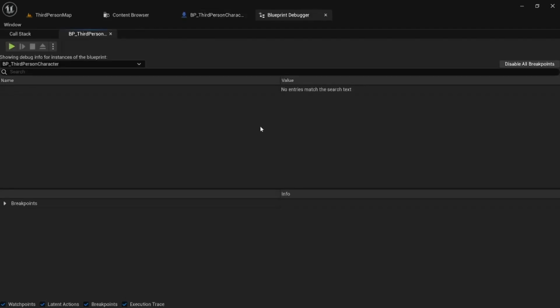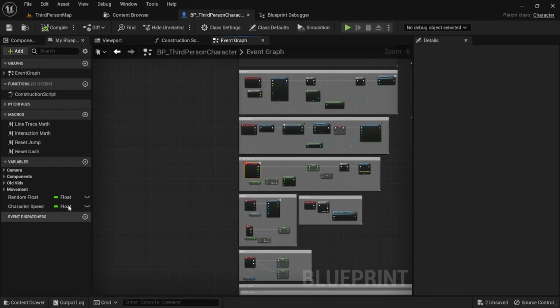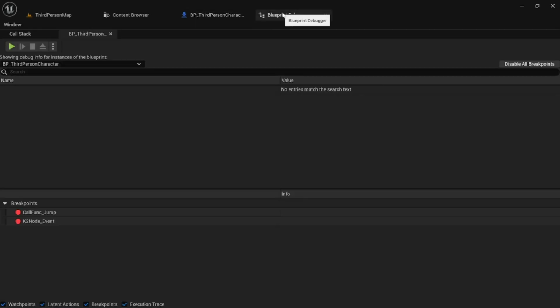So this is basically just a nice little menu that helps you see what's going on in your character. Right here we have our breakpoints. If we go here, it'll also just keep track of every single list of breakpoints we have. I went ahead and put one on the jump, and what is this? Oh, this is the event any damage, but it's just calling it by this name. So here we have the two different breakpoints,